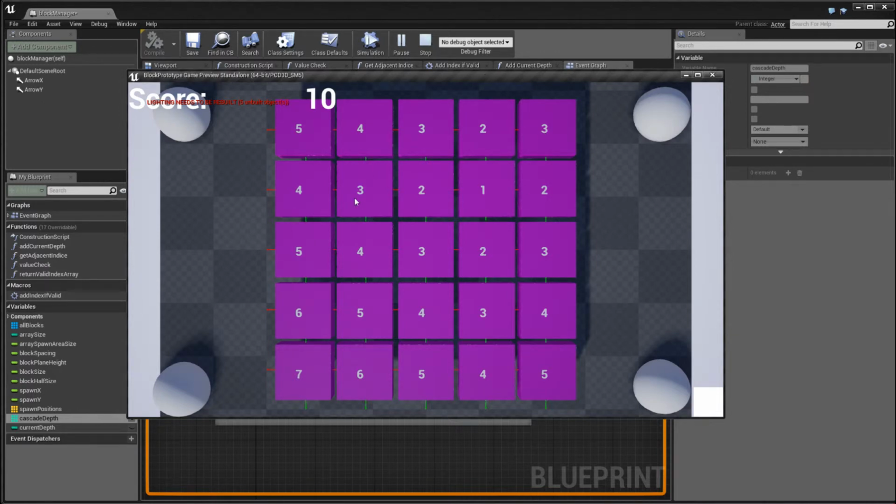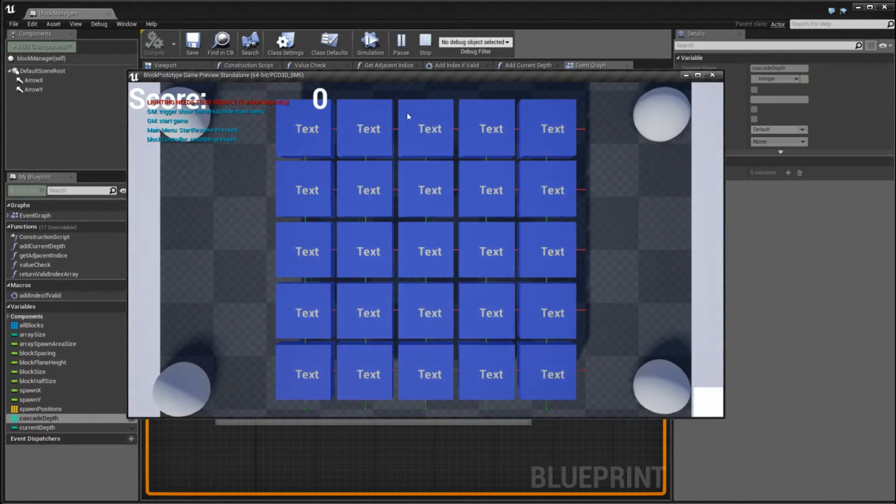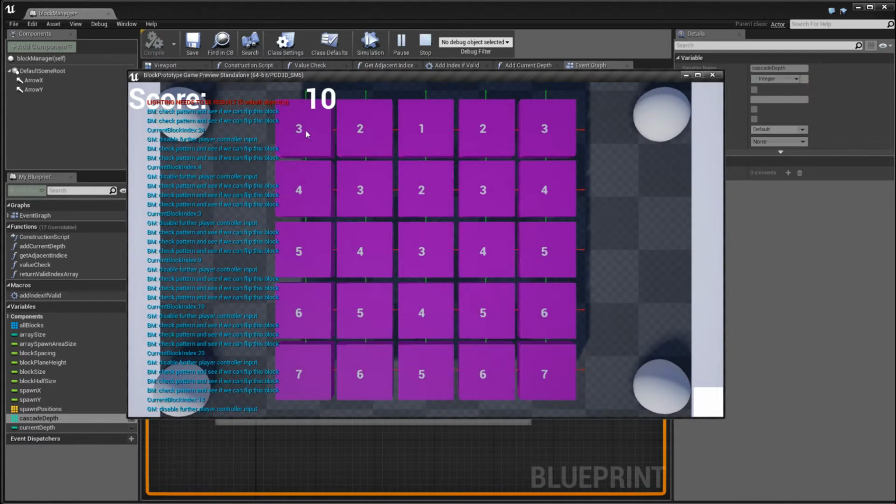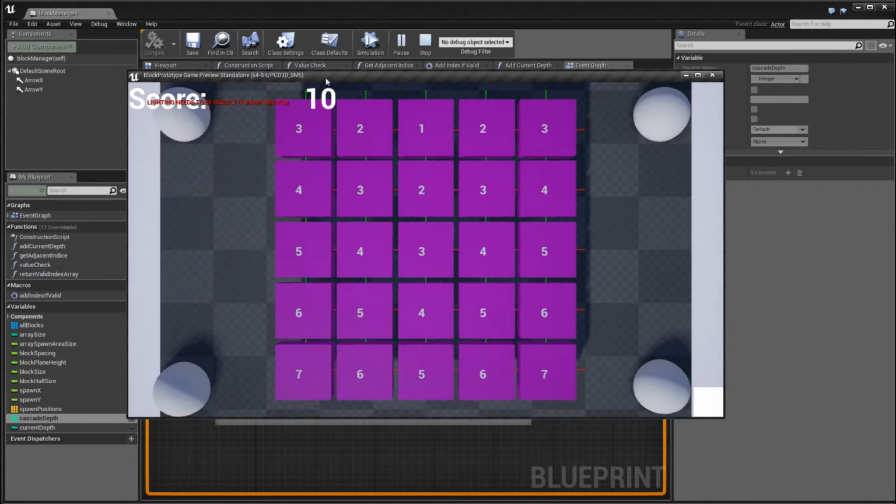3 3 3 3 3 3 4, 5 and 6 7. And if we restart the game and just basically change any direction, you'll see it all flip accordingly and cascade properly. So 5 is a pretty safe value.